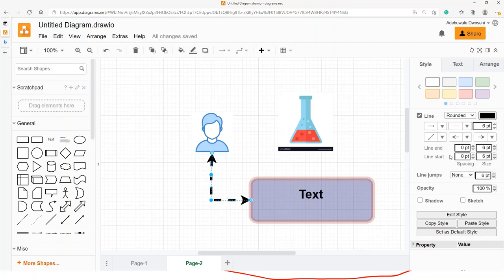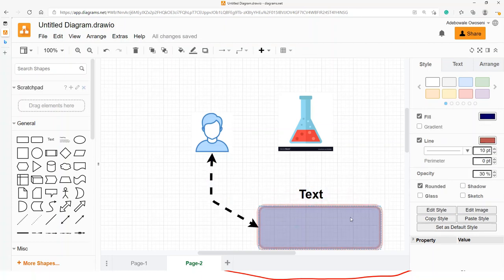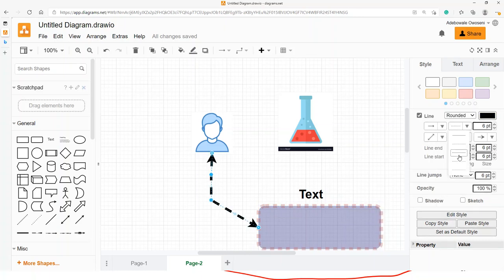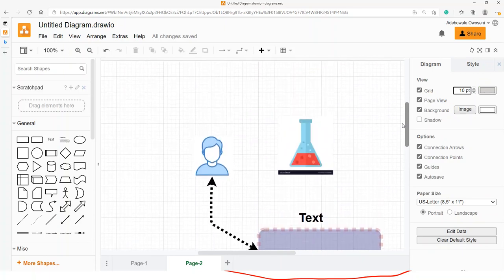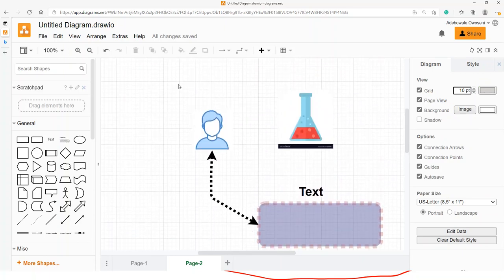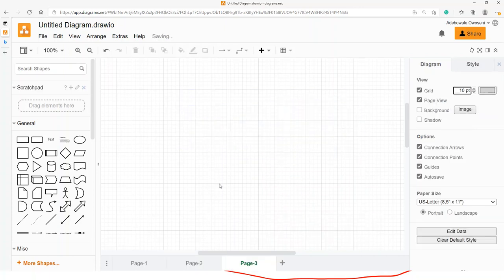So this is more like a broken line, and you can make this also a broken line. You can have different kinds of broken lines and all that. So there is a lot you can do with this solution. So what I'm going to do right now is just to attempt to pick up that